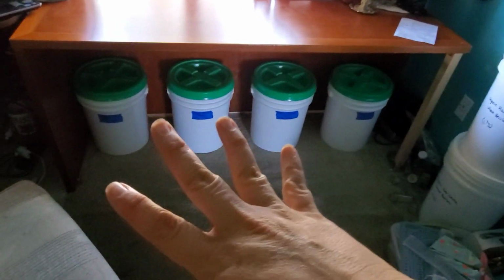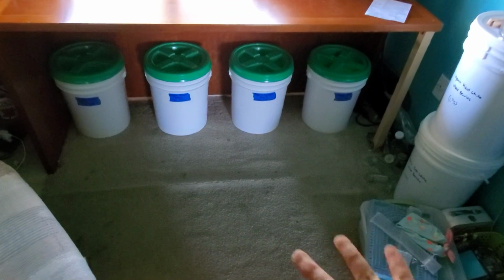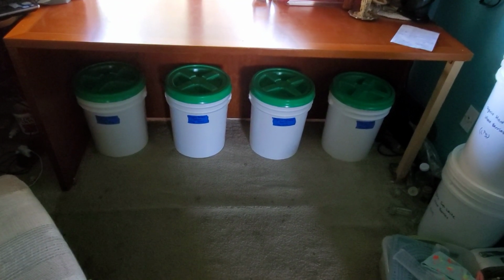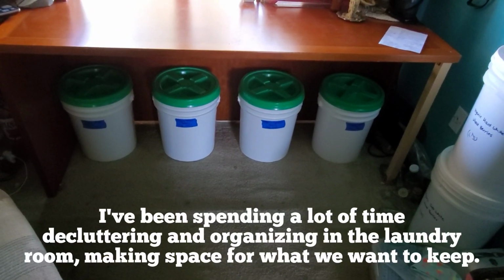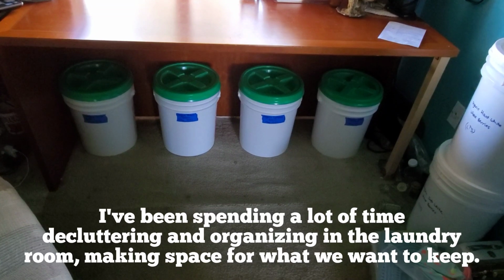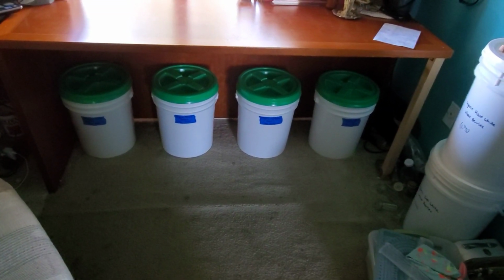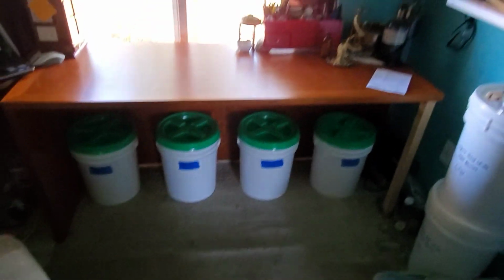So this used to be my studio, and I used to keep a whole bunch of my craft items down here. I don't know if I've ever shown the before. So stuff has mostly been moved out into our laundry room storage, which is hooked to our garage. There's no AC. Any actual polymer clay is still inside because that shouldn't be exposed to heat. But, you know, other stuff, it's sort of my new rule, right? Where I'm not storing anything inside that could be stored outside, with a few exceptions,